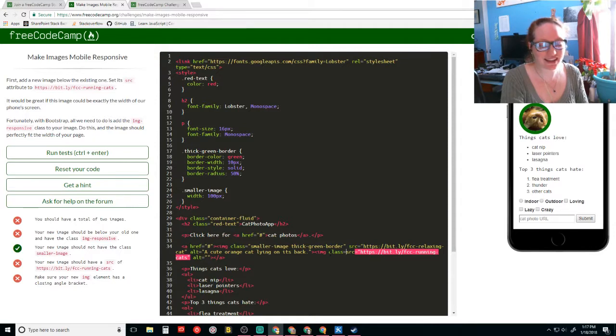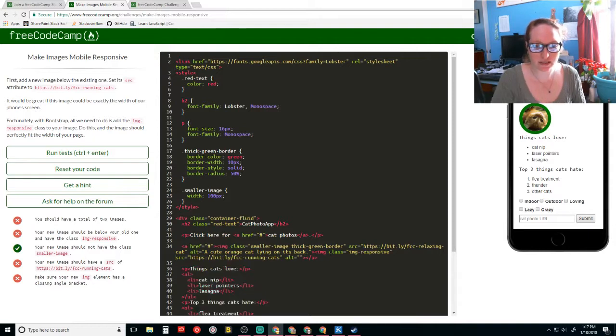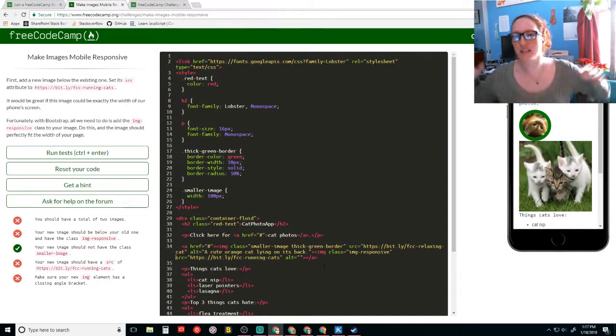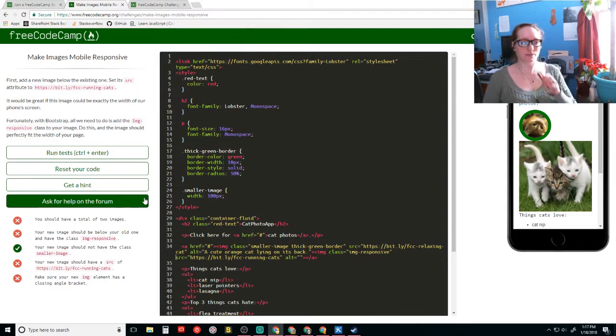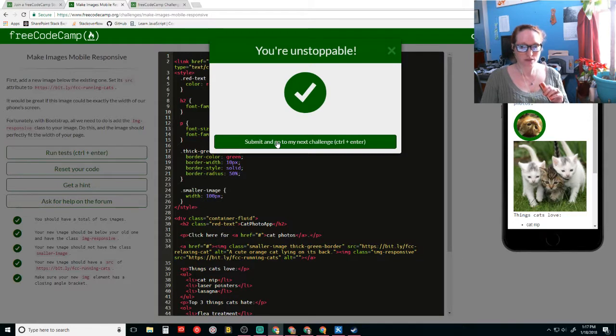Equals. God damn it. img responsive class. God damn it. Yes.